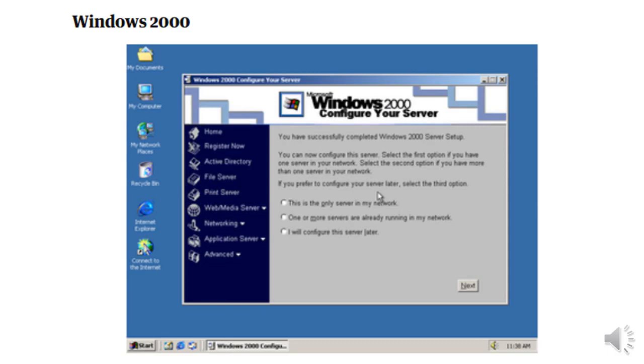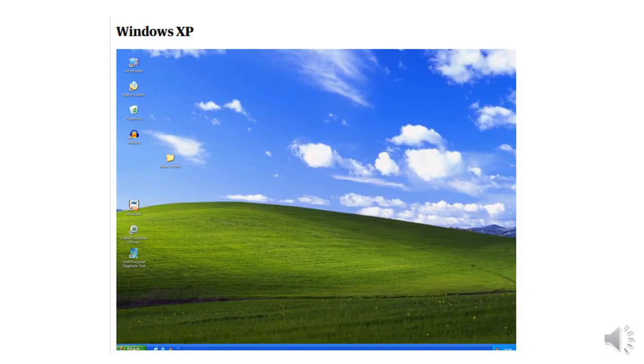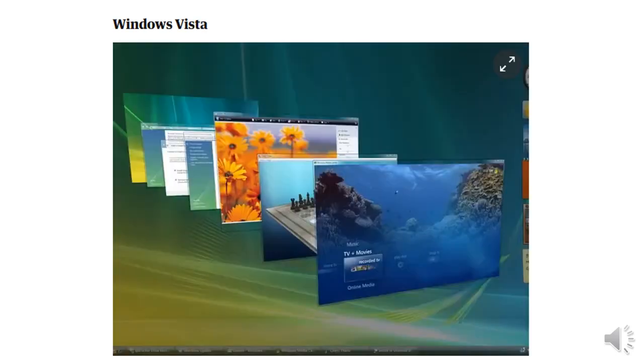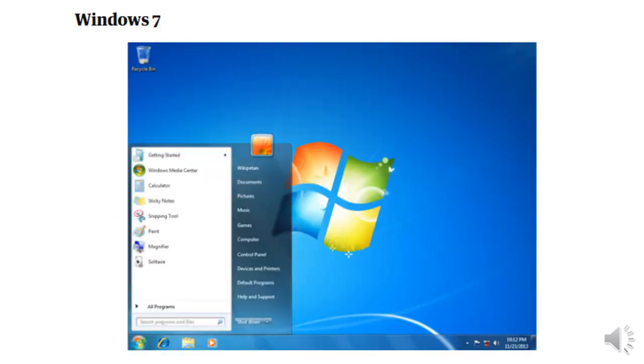Then in the same year Windows 2000 Server was developed. After that Windows XP came. Windows XP was one of the most famous operating systems Microsoft has ever developed. Then a new interface with a major change was brought by Microsoft, a new operating system called Windows Vista. Then Windows Vista was changed into Windows 7.